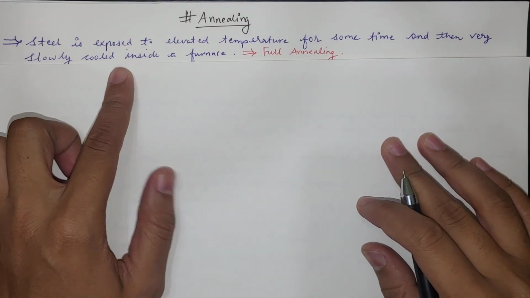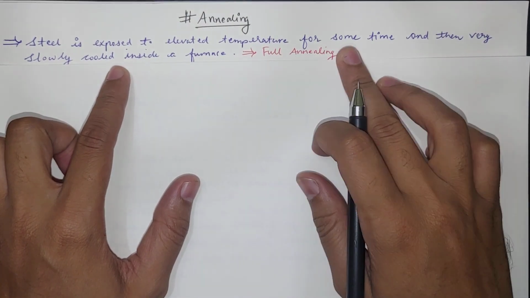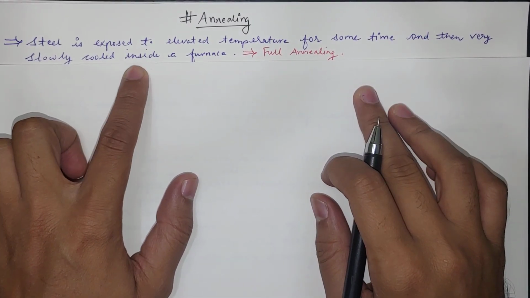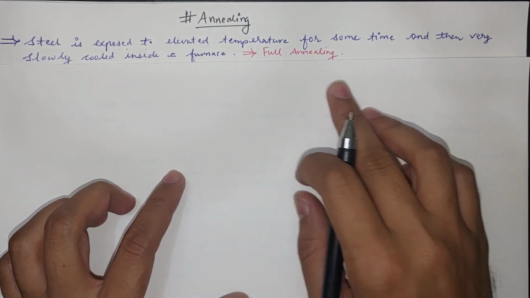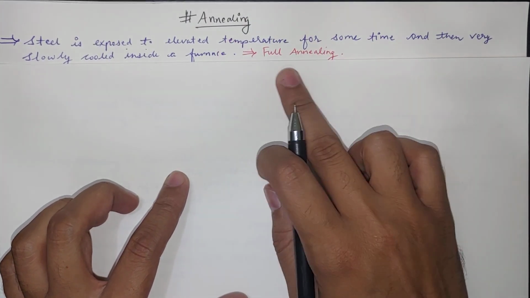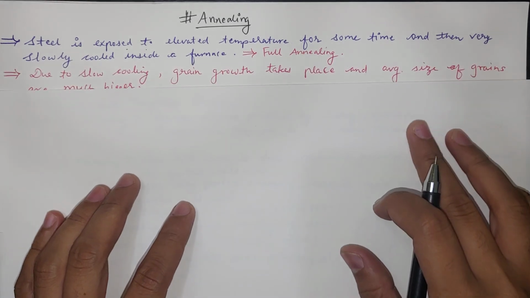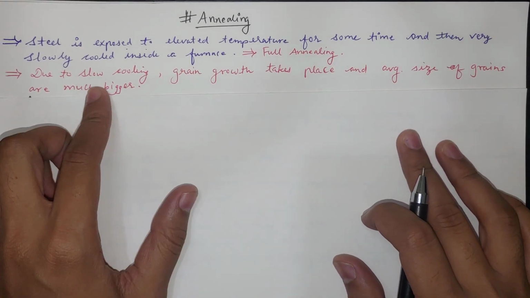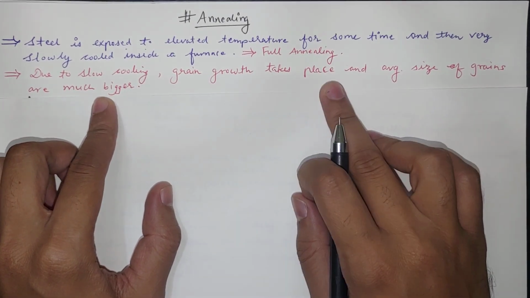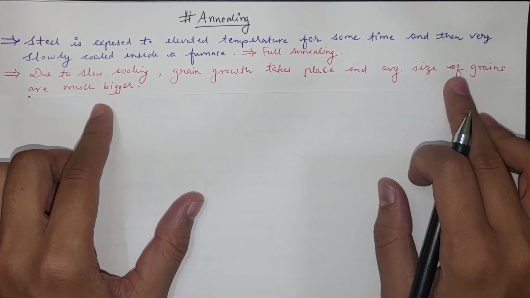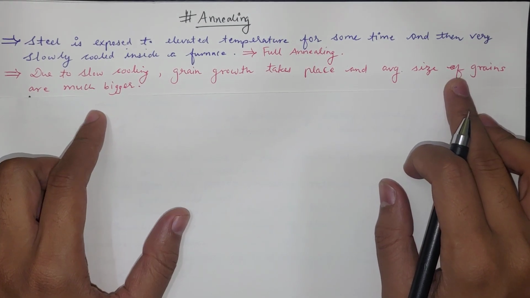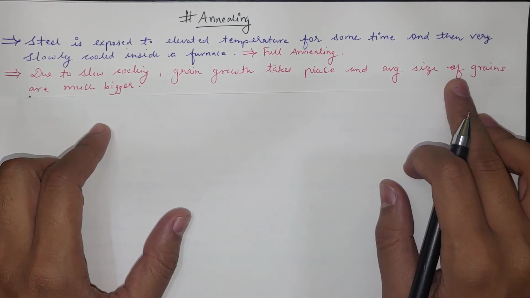So when steel is exposed to elevated temperatures for some time and then very slowly cooled inside a furnace, we call it annealing, and in fact we call it full annealing. What happens is, due to the slow cooling, grain growth takes place and the average size of the grains is much bigger. So the bigger the grain size, there will be more